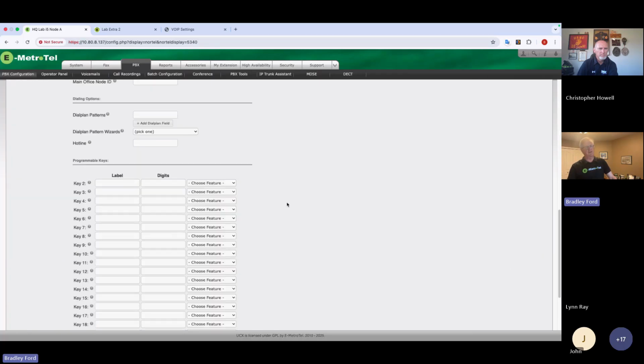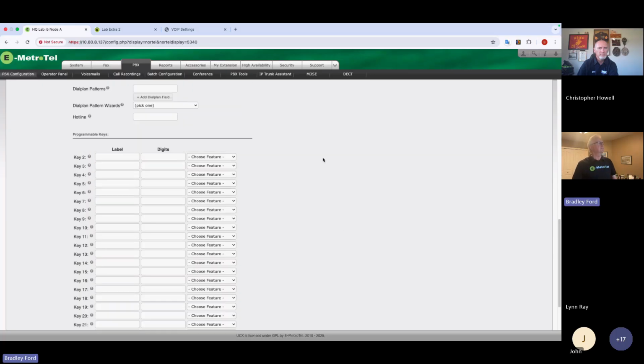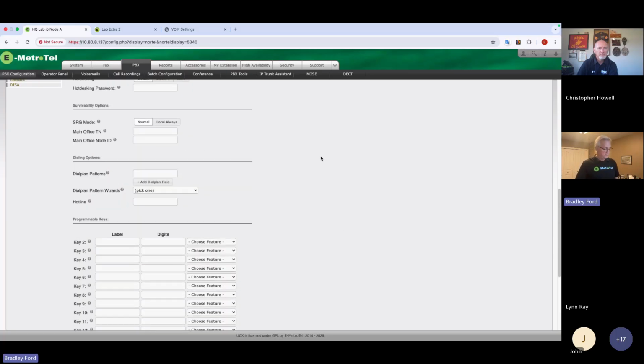I can assign all the feature buttons, all the programmable keys. This was a 24-button phone, so there are your 24 buttons. They can either be BLFs, speed dials, or feature assignments. So we have completed configuration for the 3 telephone types, and we will just verify that those are in there